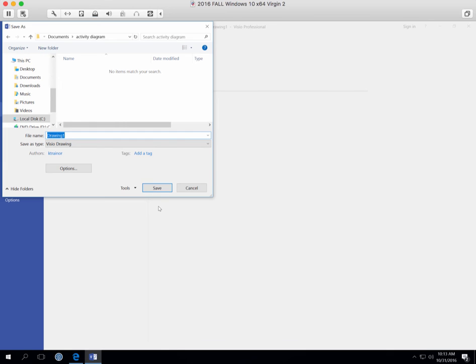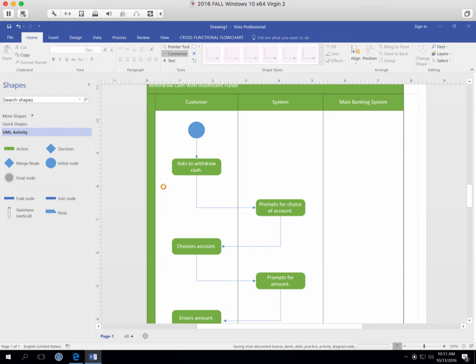label the solutions to our skills practice. I use my last name, Trainer, then my first name, Kevin, then skills practice activity diagram. All right, so that's what I usually call it because it's got a proper name to hand in and to be graded. And then of course I saved it that way, and now I'm going to want to save